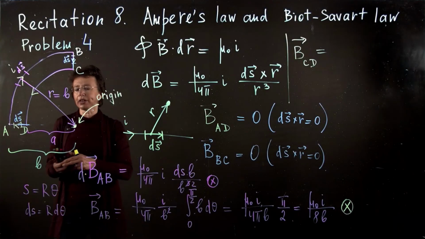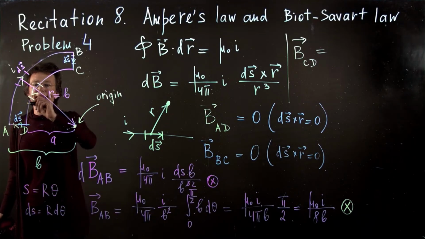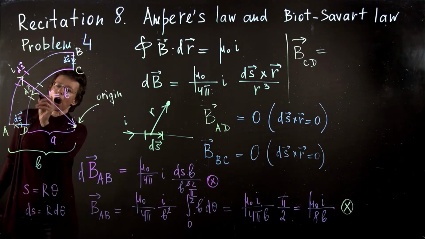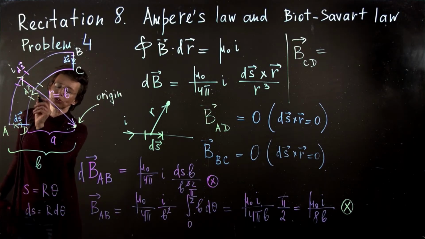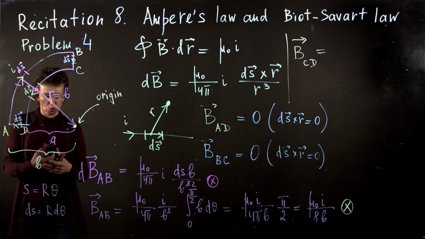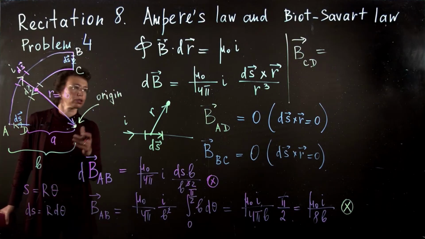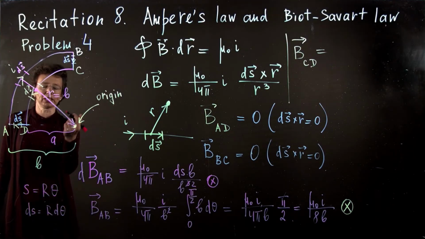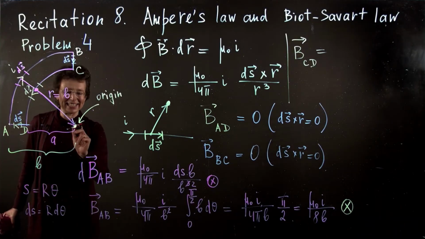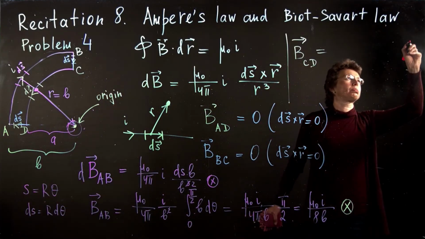So how to find the direction of the magnetic field at this point? Well, we have ds. This is my ds. R is from ds to the point where I'm looking for the magnetic field. This is my R. What is ds cross R? You use your right hand to find the direction, and we understand that since ds flipped the direction, then the direction of the magnetic field created by CD at this point now will be out of the page. So direction will be out,